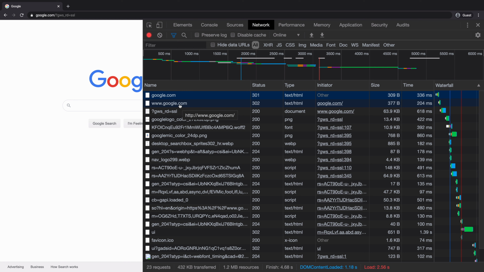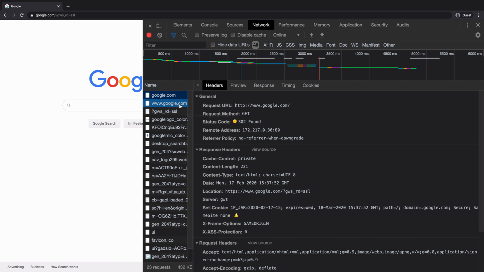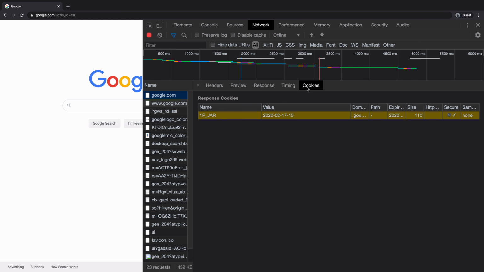Next, I will click on the google.com row with 302 response status since it is the one which sent the page back to us. This opens up a panel on the right, and you can locate the Cookies tab as the last tab here. Once clicked, you can see that the only cookies available here are the response cookies, which means the server sent the cookies back to us. The browser requested the page for the very first time and had no cookies to send